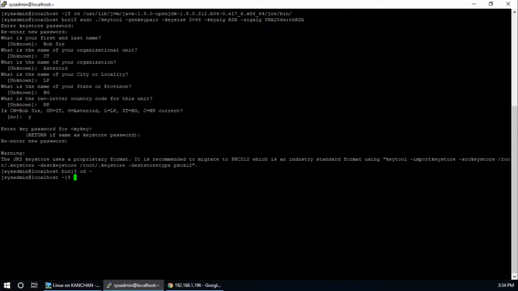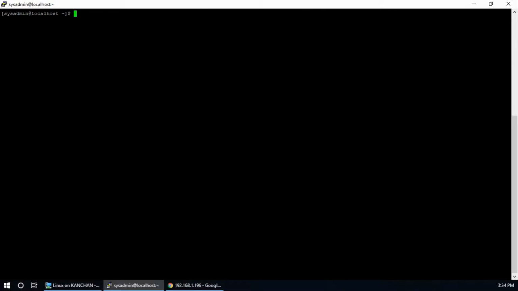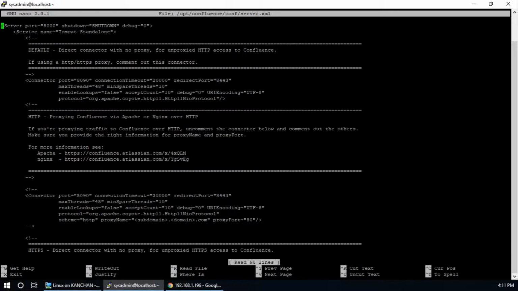Now we have to modify Confluence server.xml file to access or configure a secure site, means HTTPS. Sudo nano /opt/confluence/conf/server.xml. Hit enter, provide your super user password, and